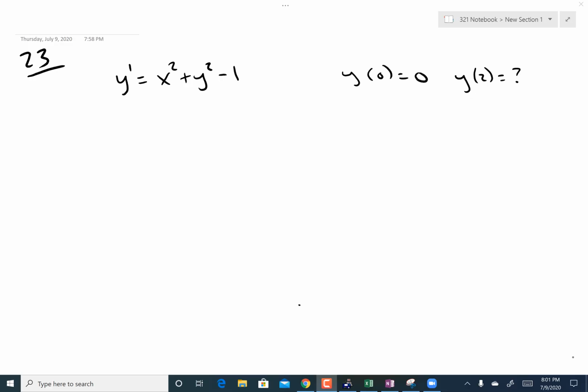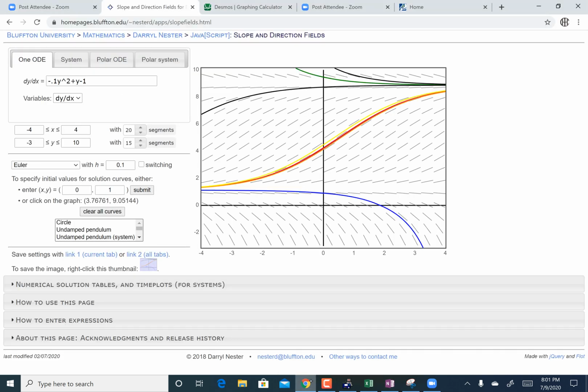All right, so I guess I wasn't real clear in the videos. When I asked you to make a slope field, go ahead and use a slope field generator. So like this one here, for instance. Something that I would like to point out to you though is